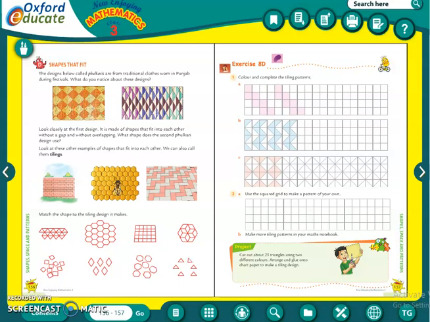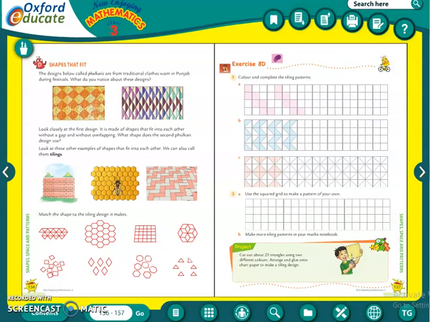In the last period, we had done different views. If we see from the side, from the top, from the front and from the back, each and every view will differ. So we had talked about different views in the last period. You can refer to that video again if you have any doubt.